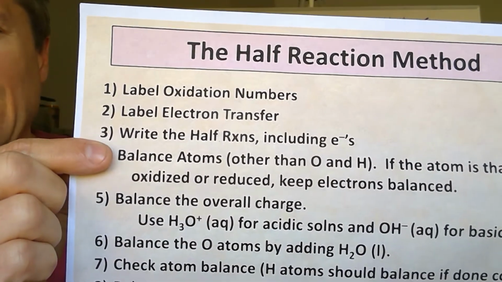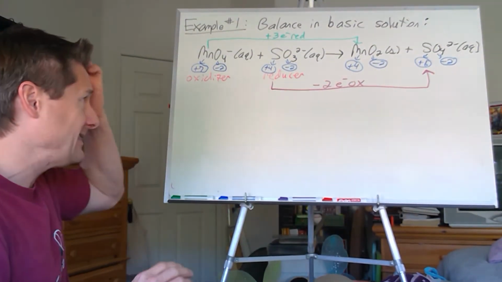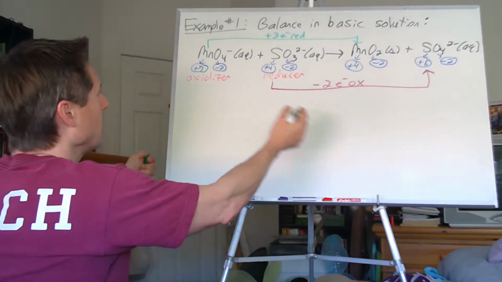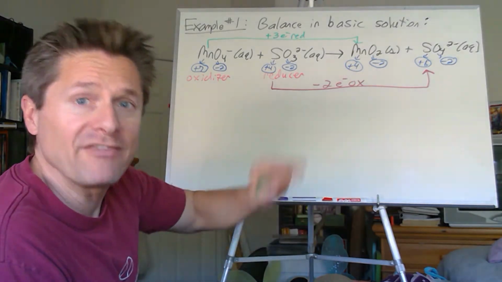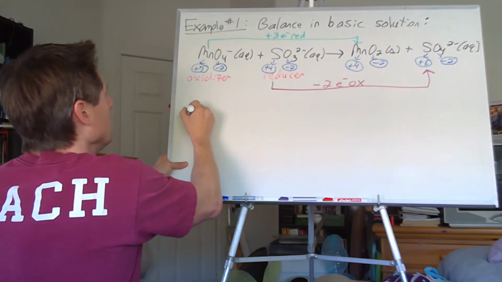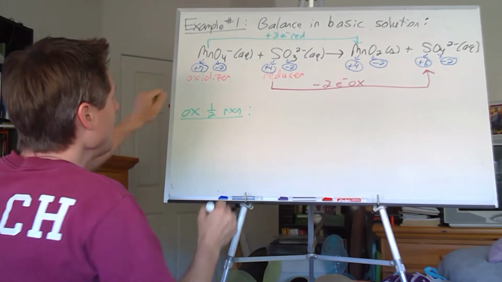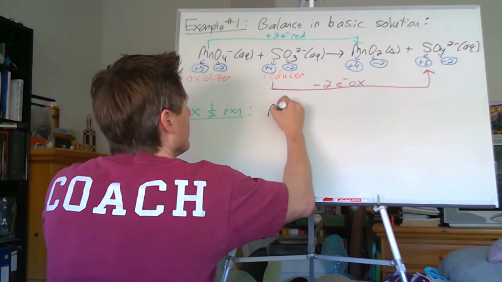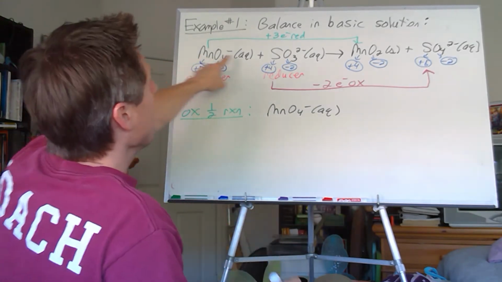Now step 3, we're going to write the half reactions, including the electrons. So this is when we're going to split this up. I'm going to write my oxidation half reaction. I'm going to end up balancing these on separate boards, but I'll write the 2 half reactions right now. So let's do our oxidation half reaction. That will be the MnO4 minus, the permanganate, and that's going to